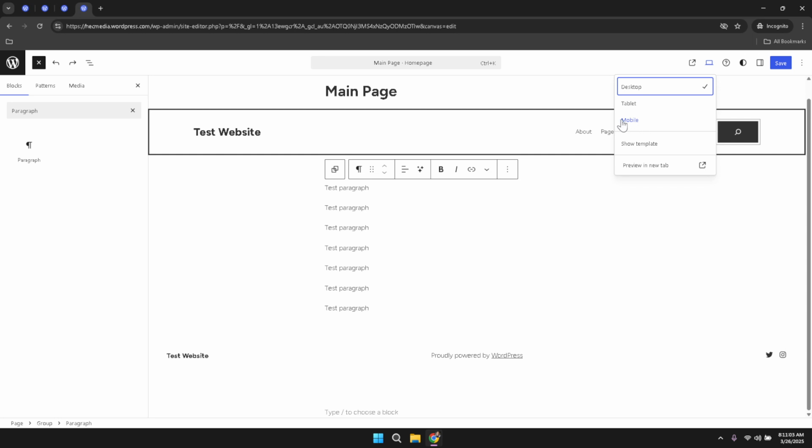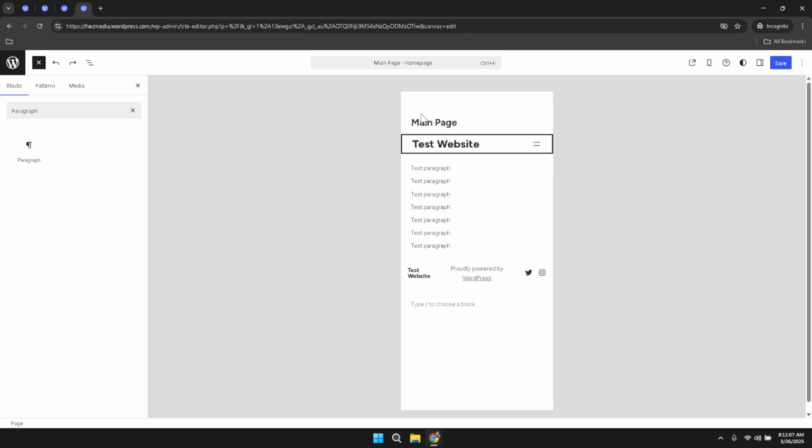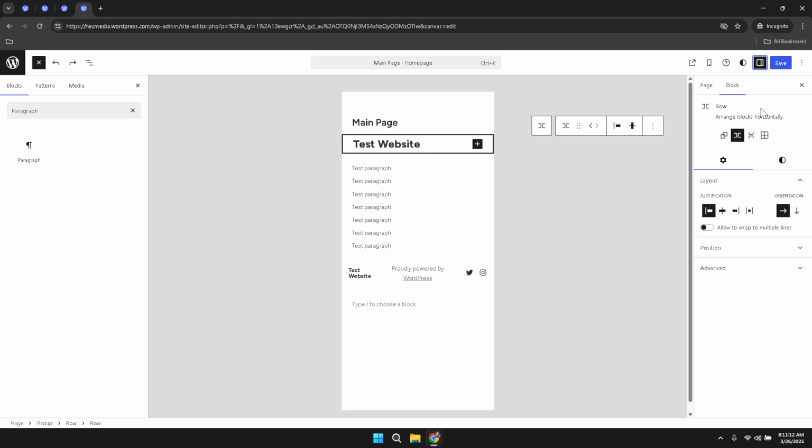In this case, click on the mobile option. This selection updates the preview, showing you a mobile simulation of your website. Working in this view gives you the advantage of directly seeing any adjustments you may need to make for a better mobile experience. With the mobile preview active, you can now focus on fine-tuning the appearance of individual elements on